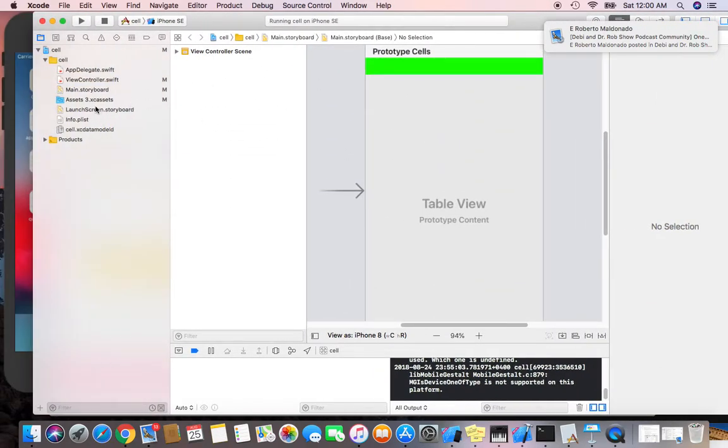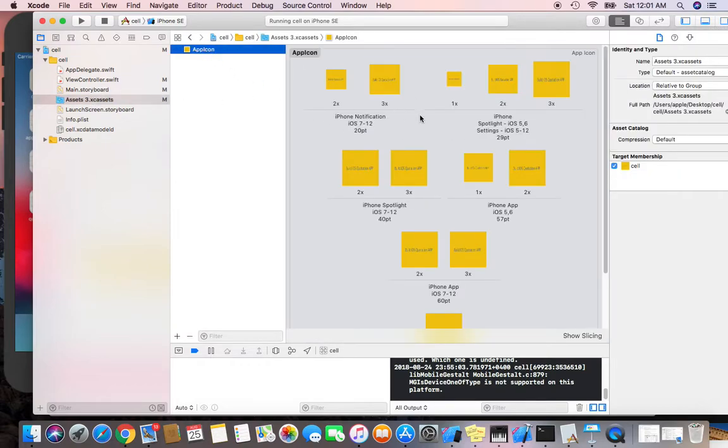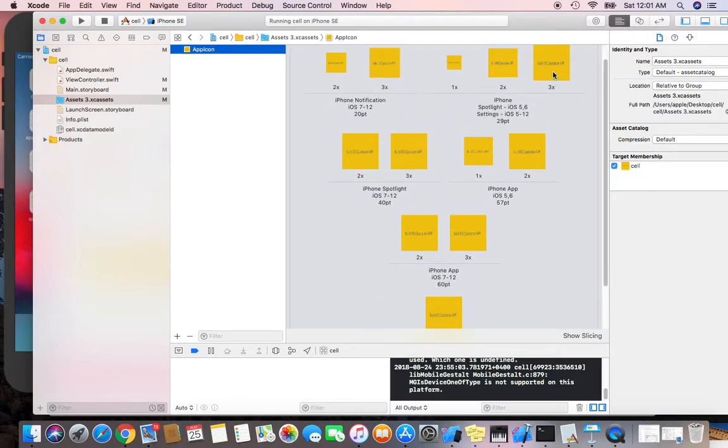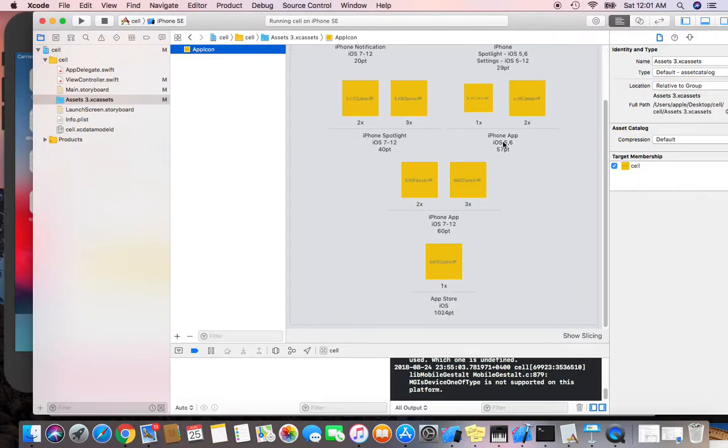So everything is done. You go to the Assets folder. You see all the icons have already been arranged, big, small sizes, as simple as that. You don't need to create one icon